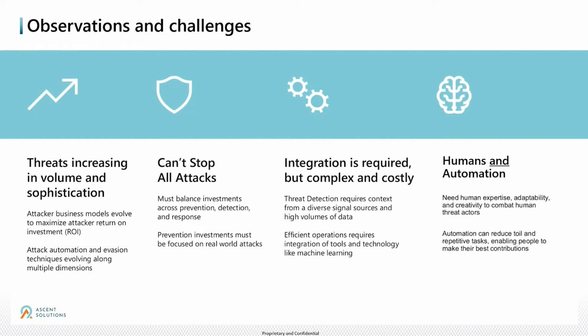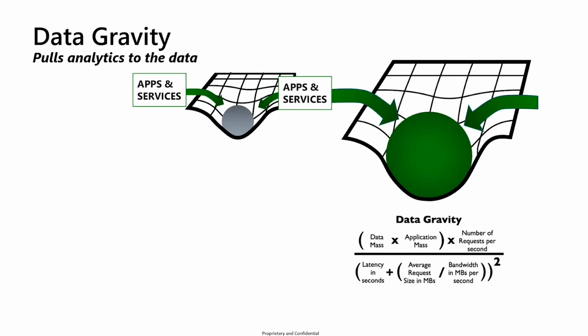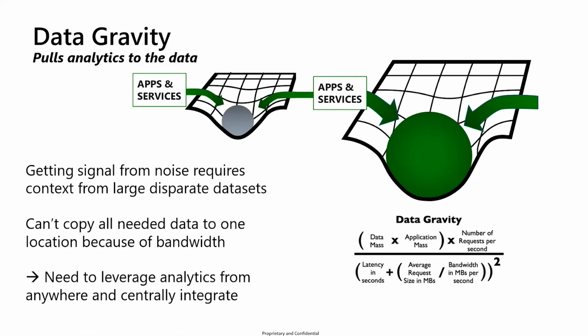So by having an increased number of data sources and logs, and if you click next, we then arrive at this concept of data gravity, which basically means that analytics will gravitate around the larger mass of data. So the data will have a pull of power that will attract other apps and services. And because the cost and latency of moving a large amount of data over the network is high, it is much more effective to leverage analytics that are really close to the data source versus trying to move a large set of data